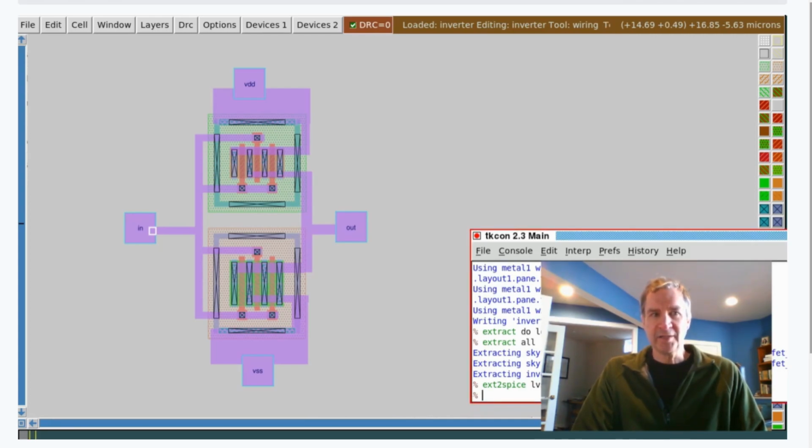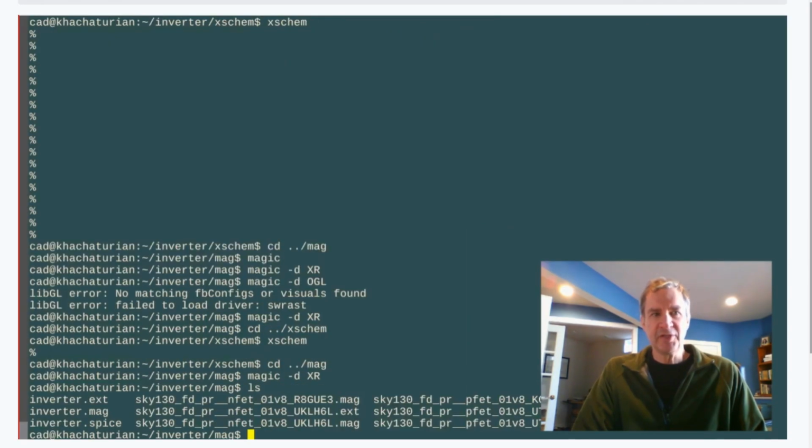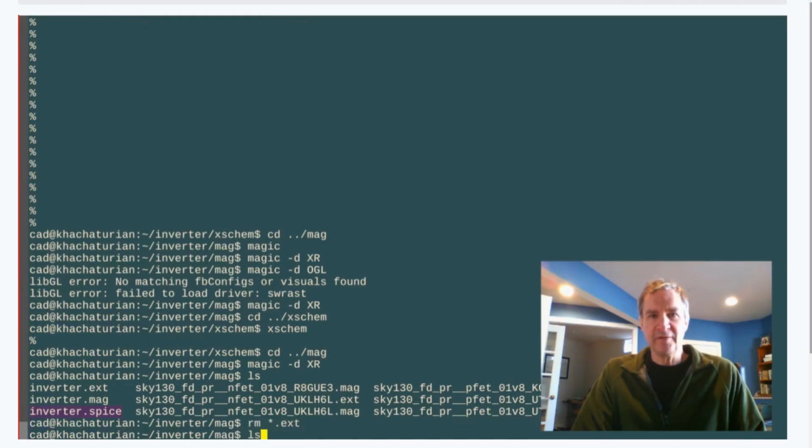Then we can do x to spice, which creates the spice netlist. Now we can quit. If you do an ls in this directory, you'll see the inverter.spice netlist that was just generated. You can remove the .ext files if you want, since they're just intermediate results from the extract command. You'll see additional .mag files for the devices. If there are more than 2 devices, you can clean up the directory with